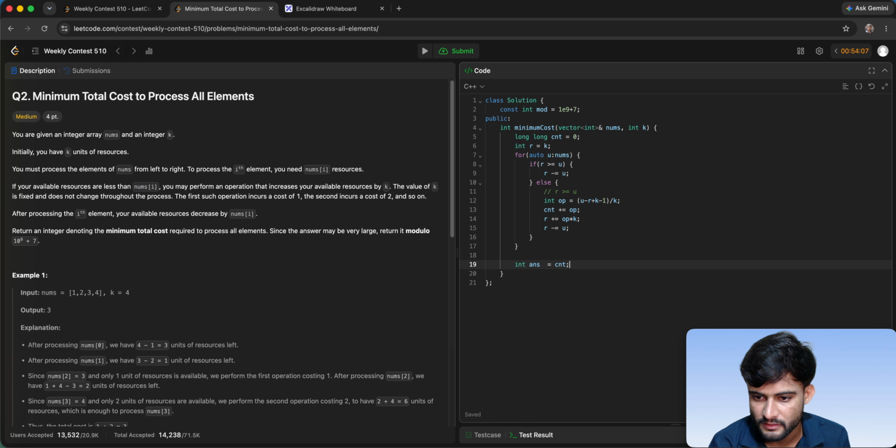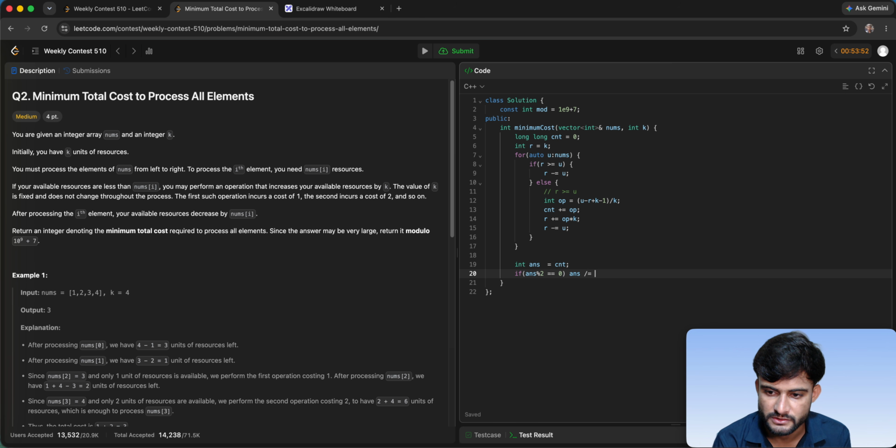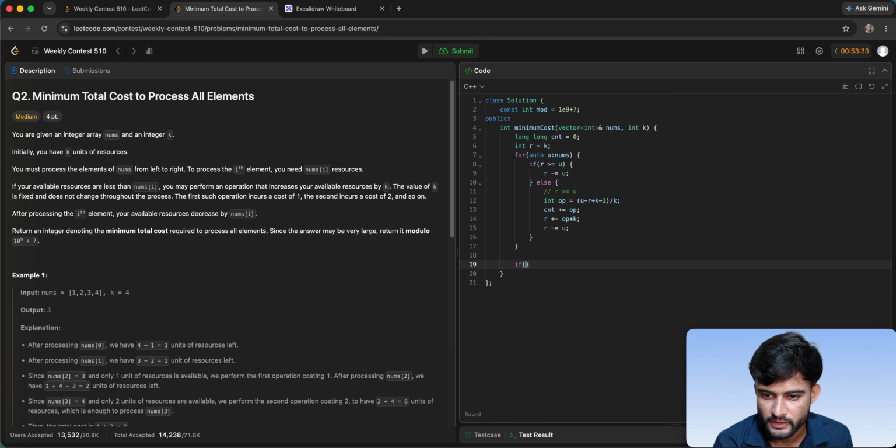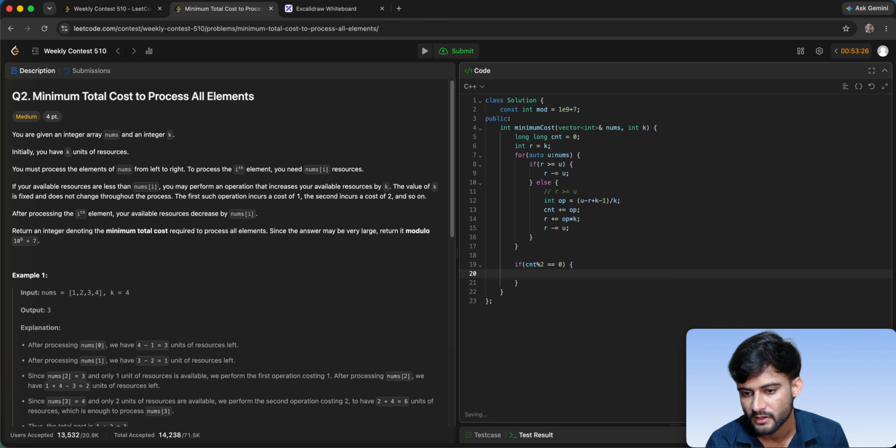Answer, let's take answer equals to count if answer mod 2, if it is divisible by 2, then do answer divided by 2, else if count mod 2 equals to 0, if it is divisible by 2, then what we will do is return count divided by 2